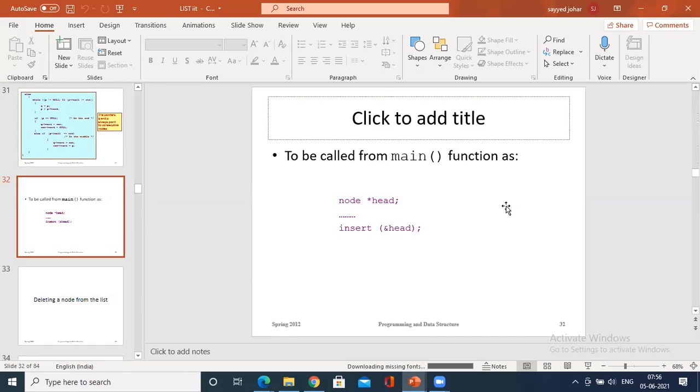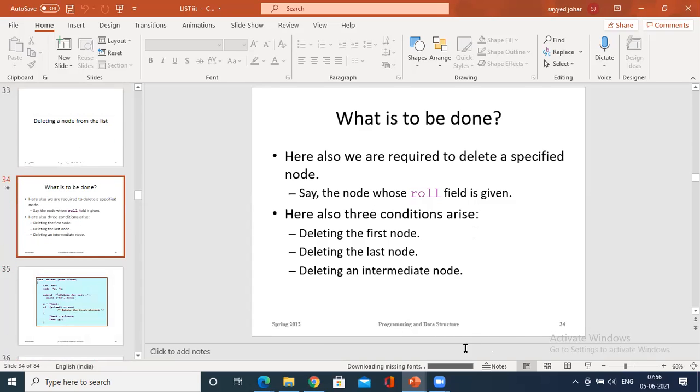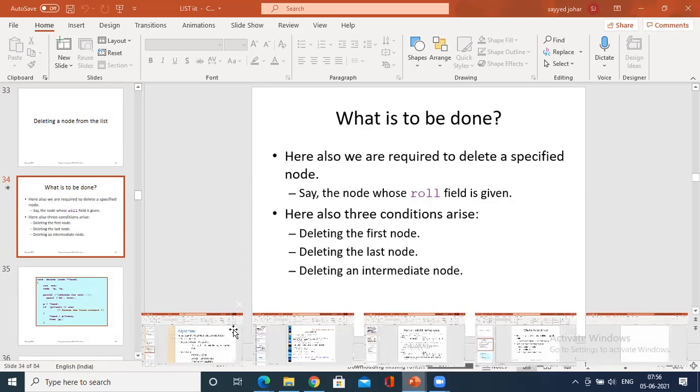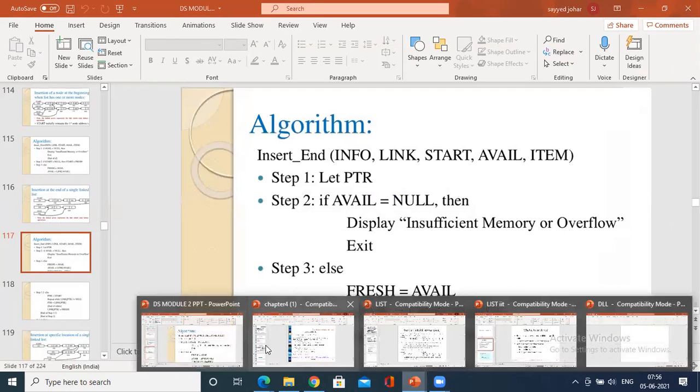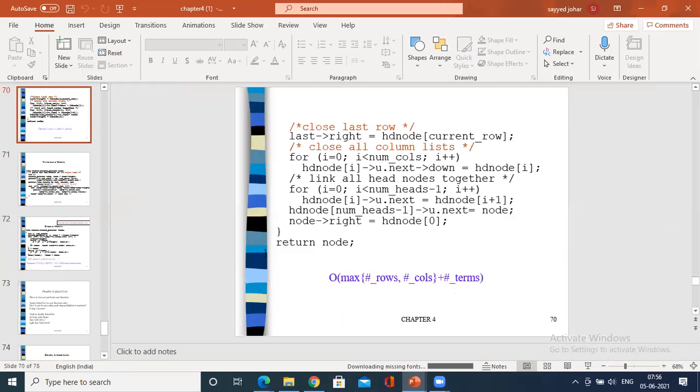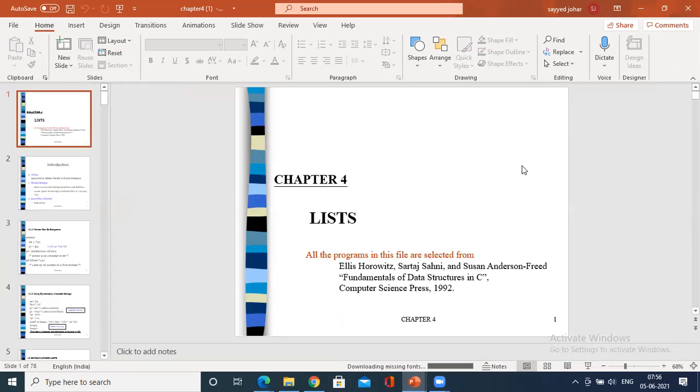Last class I just started insertion and deletion. Maybe many people have found it difficult, and a few of the people have messaged that they have not followed it. So I just thought today maybe I'll go with a simple concept, because there are many things to be discussed that will make you find it difficult at the beginner's level. Also, with respect to the syllabus, I'm just tracking through.